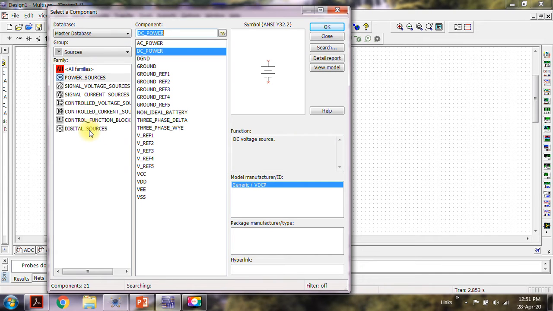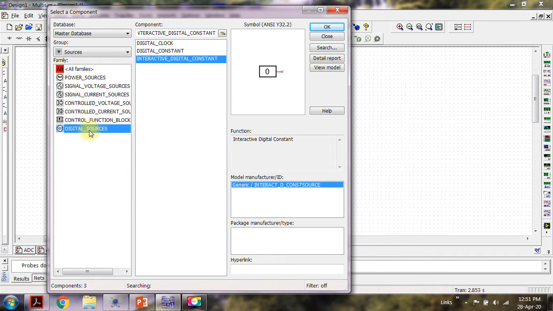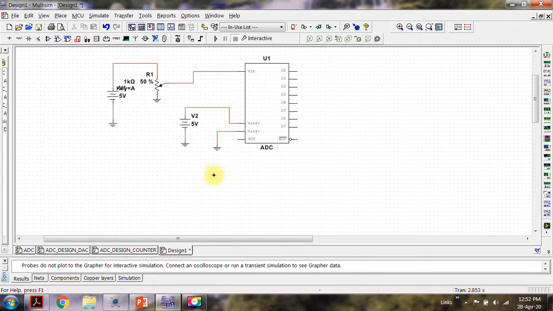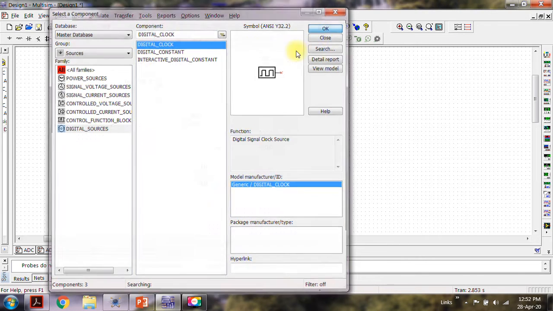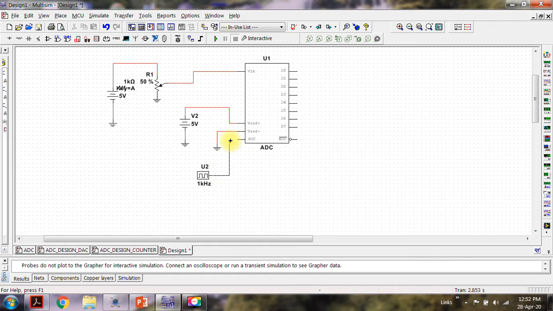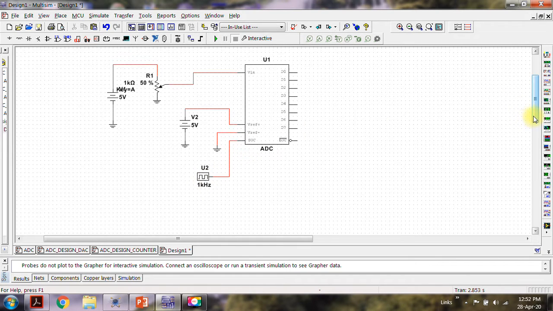So it's going to be a digital clock, of 1 kilohertz, let us keep it 1 kilohertz for the time being.